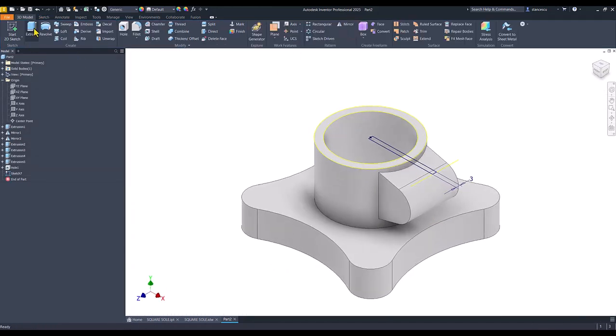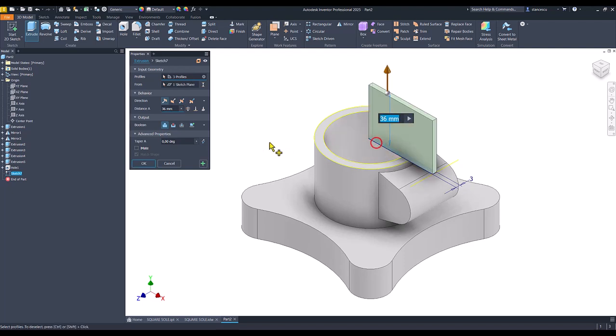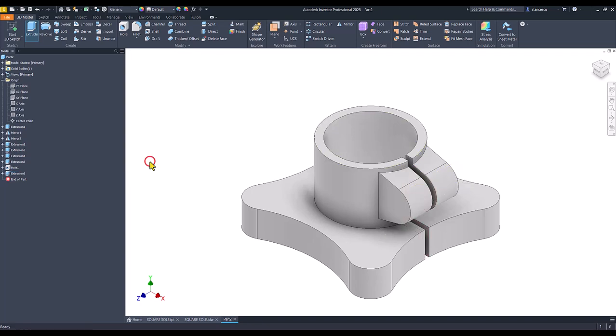Okay, extrude, cut all the way through the part. Okay,